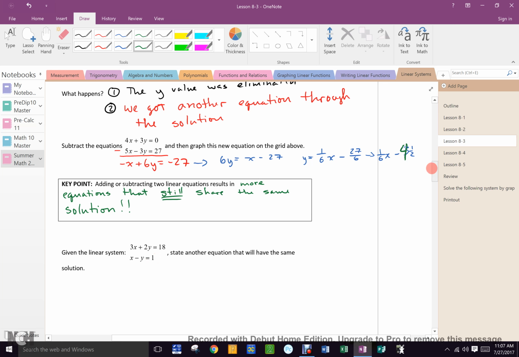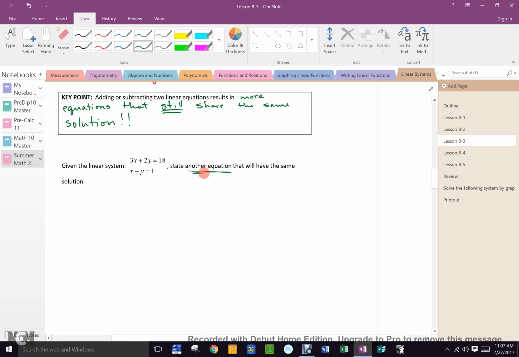I would like for everybody to write one more equation that will work in this system. So what are our options? Can I multiply? Is that allowed? Yeah. Okay. Look at what we already did, guys. The notes are a hint to what you are learning. I could add the equations. So 4x plus y would equal 19. I could do that. What else could I do?